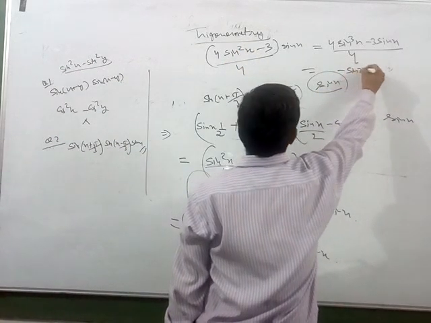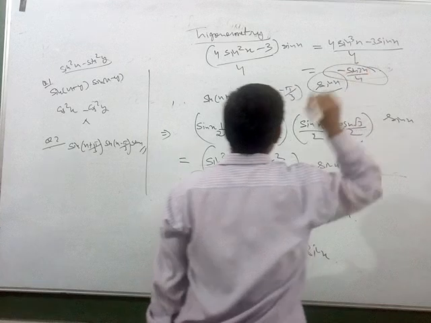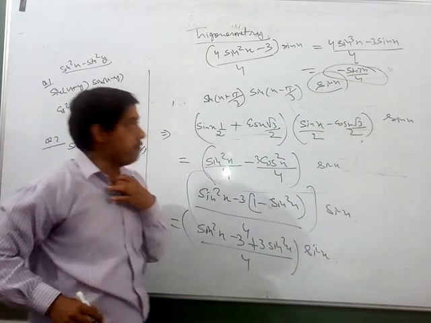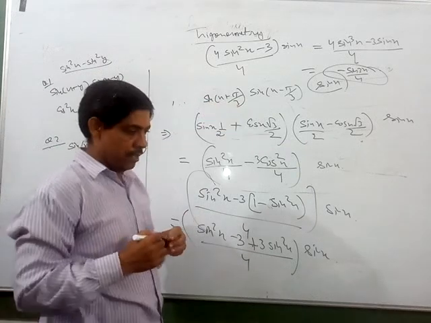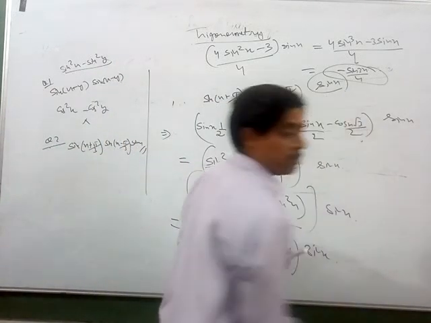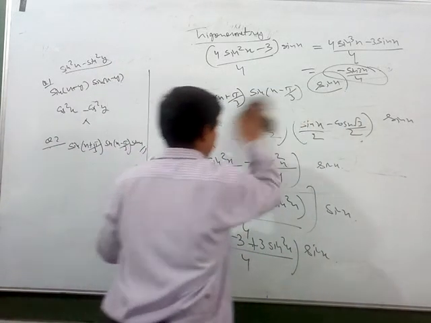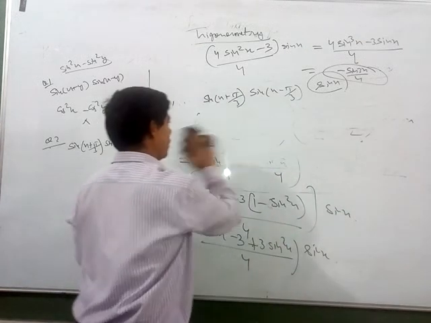Minus sin 3x upon 4. That is the answer for this question. Now if you want to make it plus sin 3x, then you will write pi by 3 plus x. So this is the identity often used in exams, and I will write the identity here. You have to learn it this way: